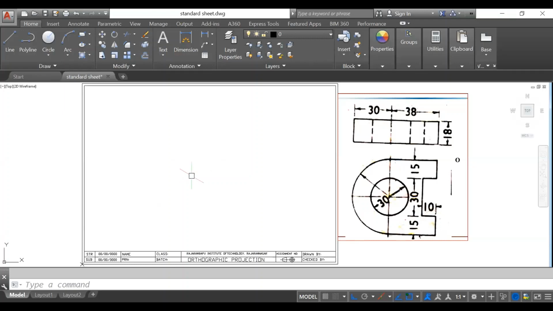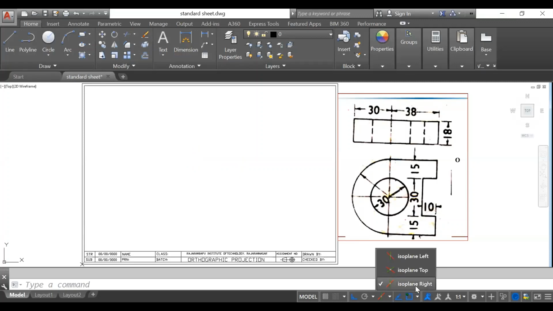So look here, suppose if I want to draw in the side view, I can change the cursor like this. Let us consider this red color indicates the x-axis, and green color indicates the y-axis. Then if I change the cursor by using Control E or F5, it will go to top view mode. So if I want to draw in the top view mode, that cursor should be like this. Again, if I use Control E, that would be the front view mode. So if I use the Control E button or F5 button, the cursor modes will be changed.